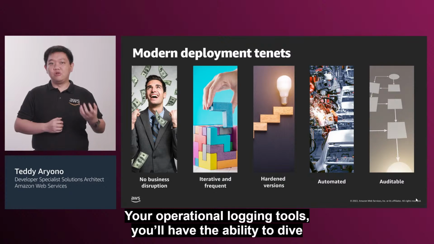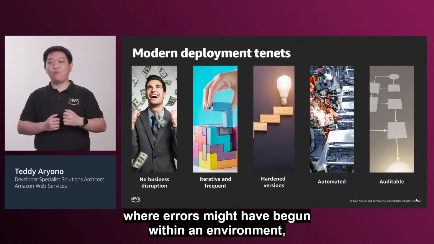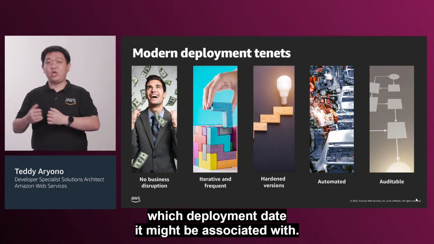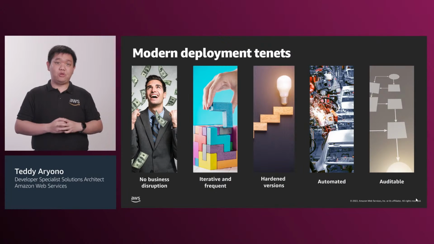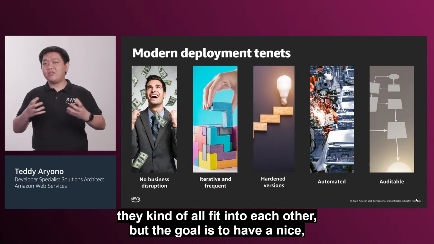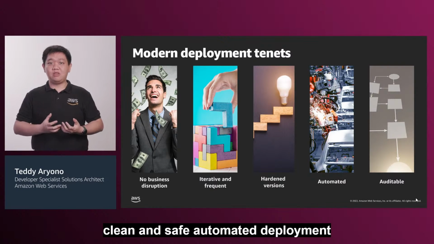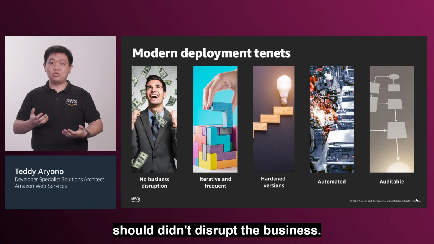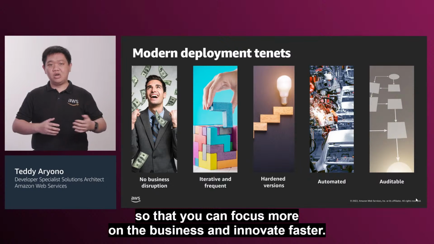Your operational logging tools should have the ability to dive in really fast in your operational logs and understand where errors might have begun within an environment, and which deployment date might be associated with them. So these are the deployment tenets we are talking about. They all kind of fit into each other, but the goal is to have a nice, clean, and safe automated deployment so that you can iterate fast with confidence, deployment doesn't disrupt the business, and you are not requiring a lot of manual work to achieve that, so that you can focus more on the business